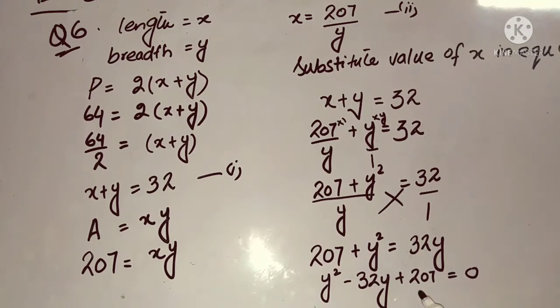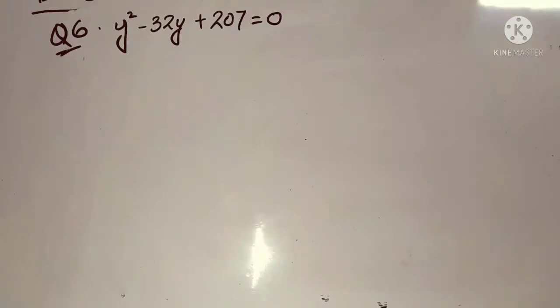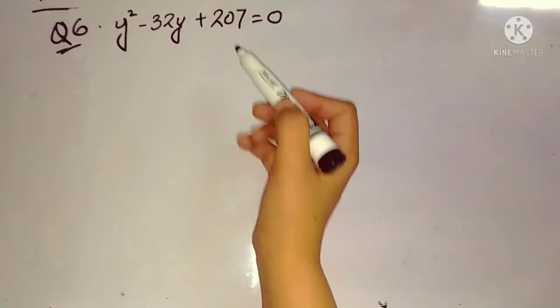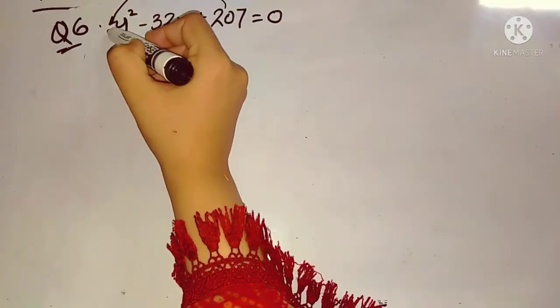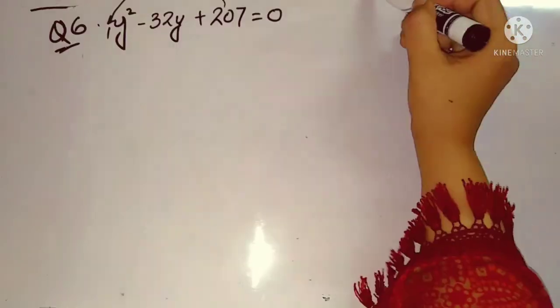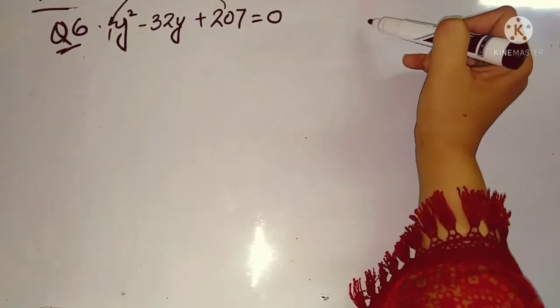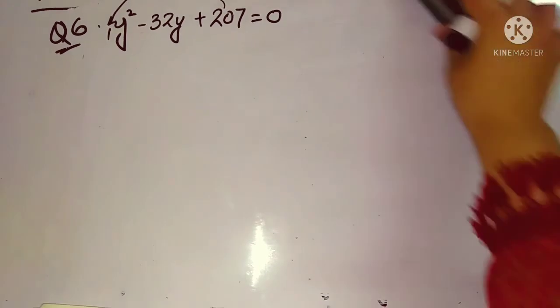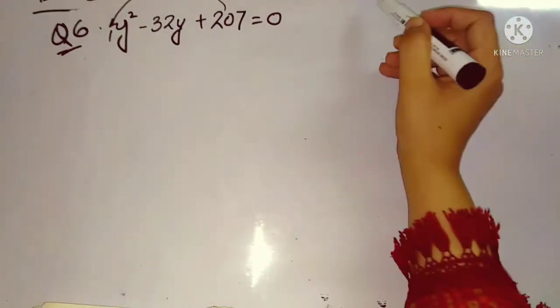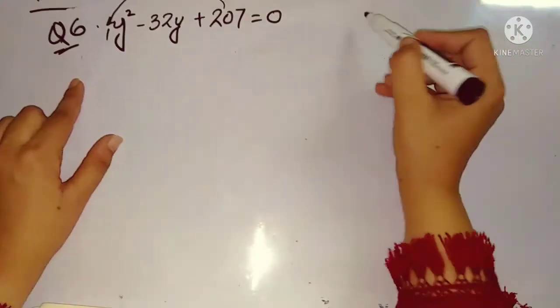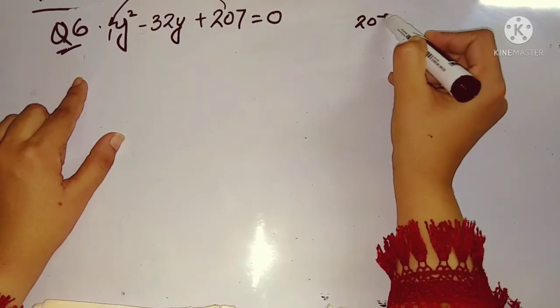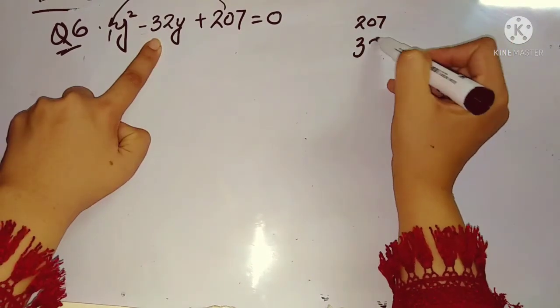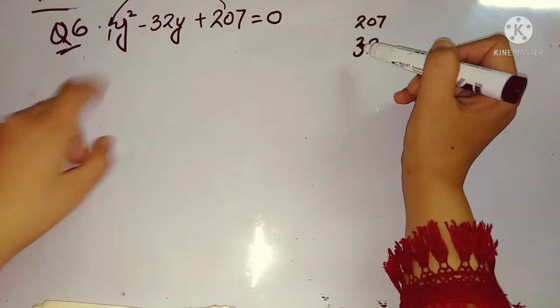Alright, so this 32y is added over here. When we move this to this side, it will be subtracted. Why are we moving this to this side? Because we have to make the quadratic equation. So your quadratic equation would be: first write down the y square term, then write down this term. It's added over here; if we come to this side, it will be subtracted. And now write down this term. Here 0 will be left. So now this is your quadratic equation. Now we can solve it by factorization. So let's solve it.